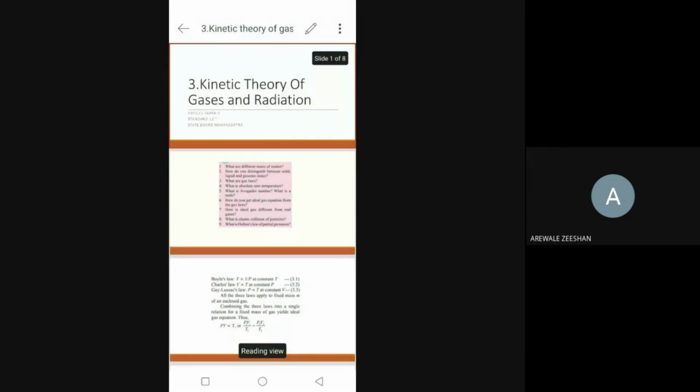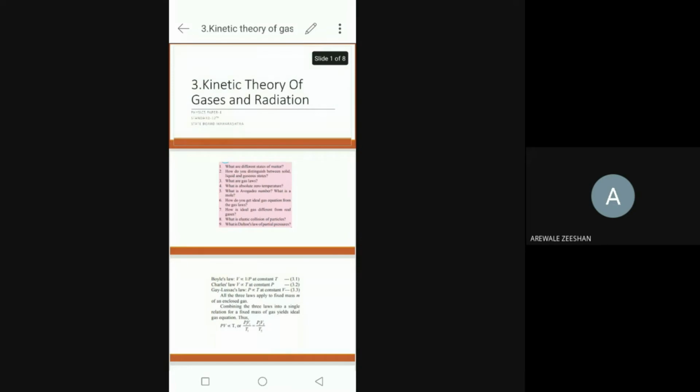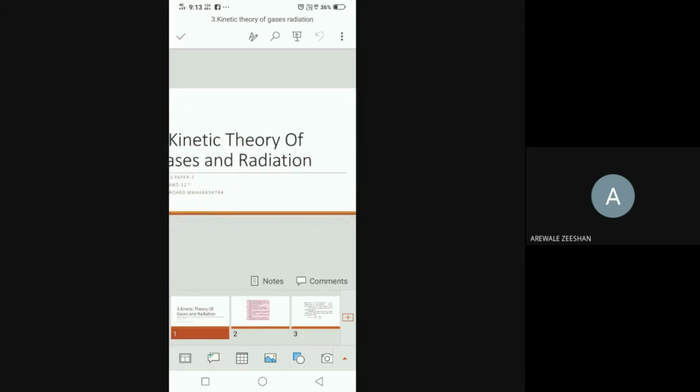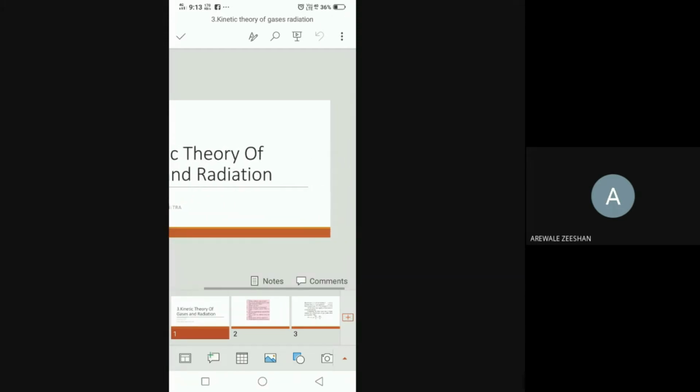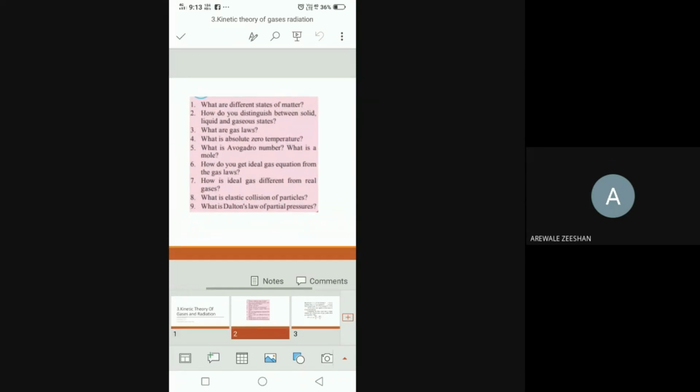Kinetic theory of gases. Now, next page. Here, some questions are there, and we want to know the answers to these questions by studying